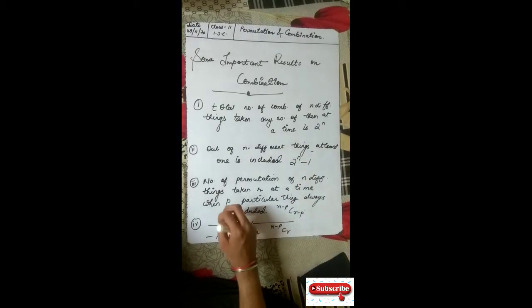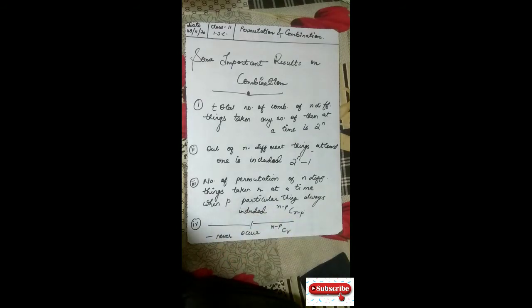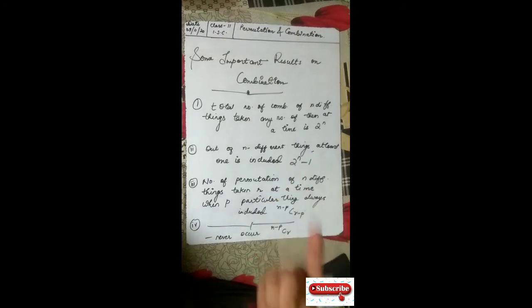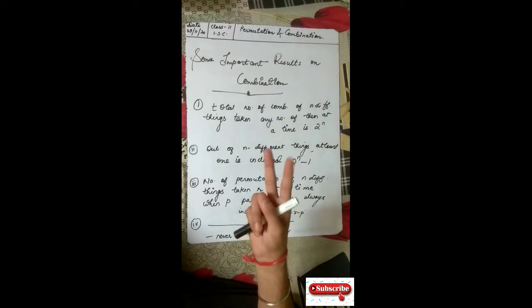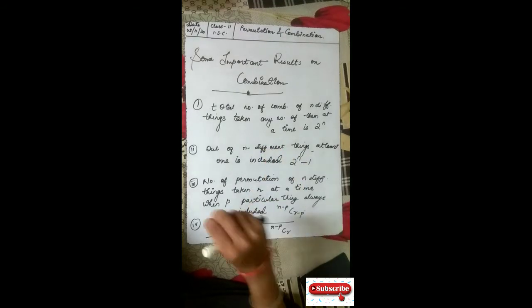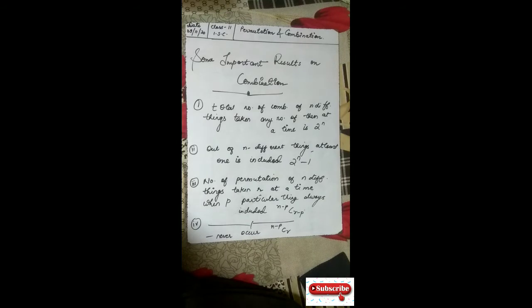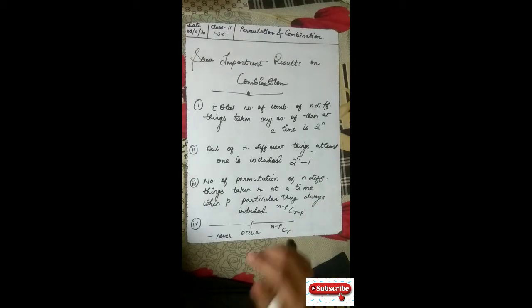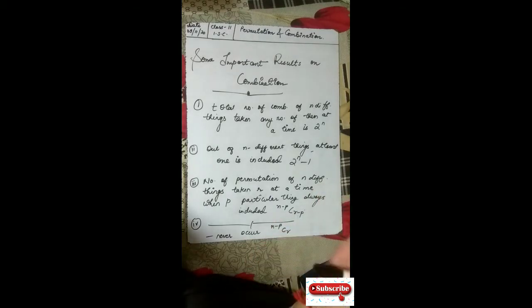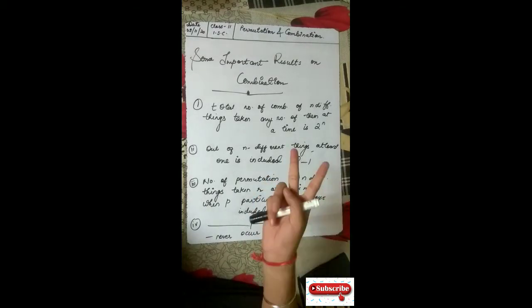Say for example, a person has 4 friends and he needs to invite them to the party. So how many ways does he have to invite and to not invite? So 2 options he has, and total 4 friends. So 2 to the power 4 will give the total number of ways of inviting them to the party, or we can say his decision regarding inviting or not inviting.